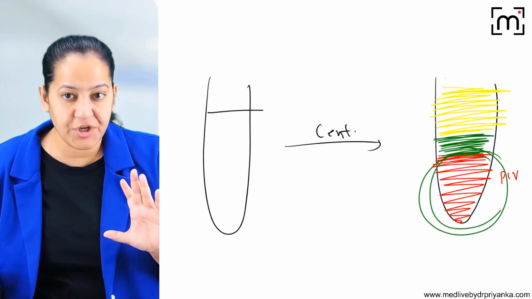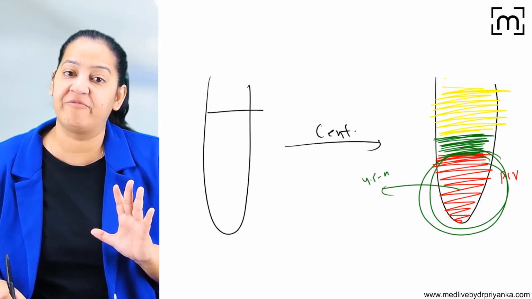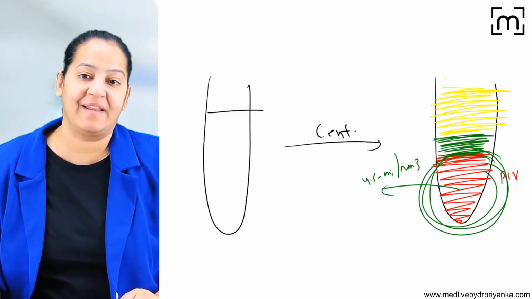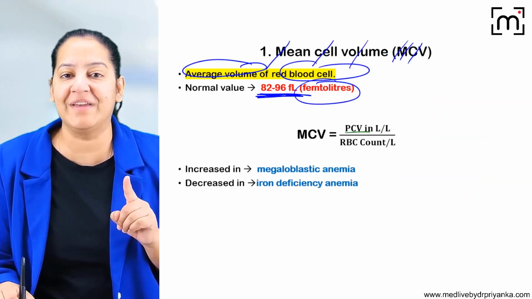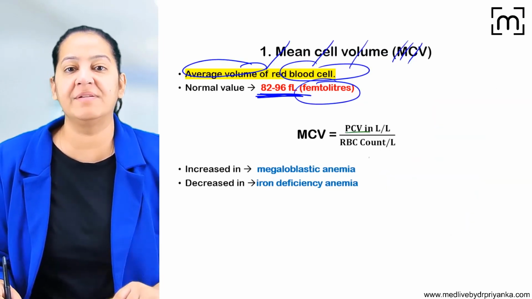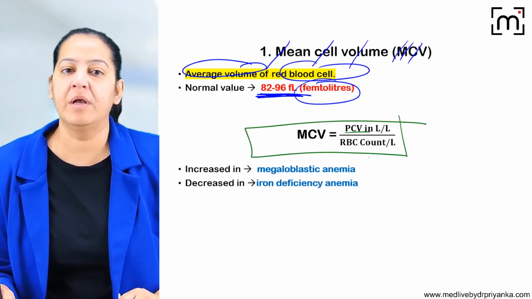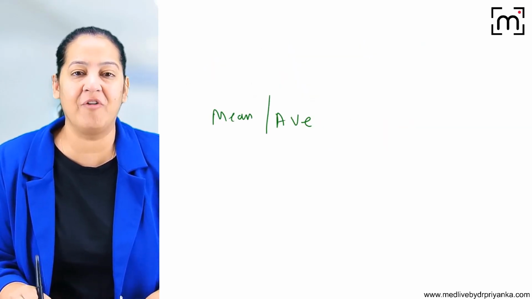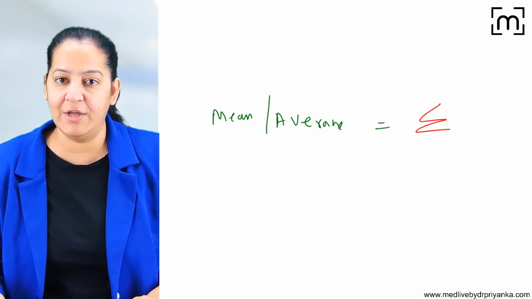So basically this portion at the bottom represents the volume of all the RBCs, 4.5 to 5.5 million per mm cube, all settling down here. Can I say the volume of all the RBCs is PCV? So the numerator is the PCV and the denominator is the total RBC count, that is 4.5 to 5.5 million per mm cube. So that is the formula of MCV. What's the formula of mean or average in mathematics? Have you read mathematics? In mathematics, there is a formula of mean or average: the summation of all the values, summation